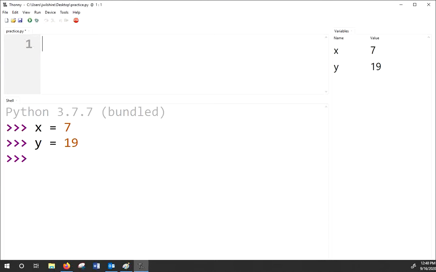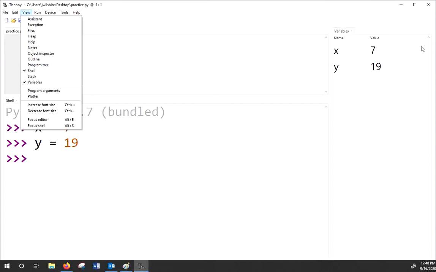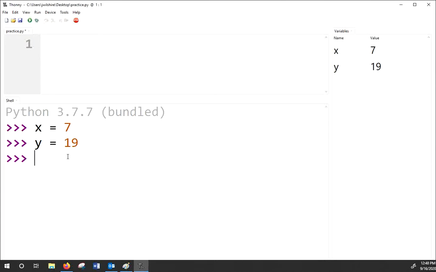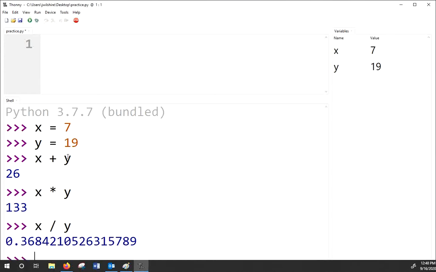Okay, so we're programming here in the interactive shell. And under view, we have variables checked. So from here, we can use Thonny like a calculator. I can say x plus y, x times y, x divided by y,